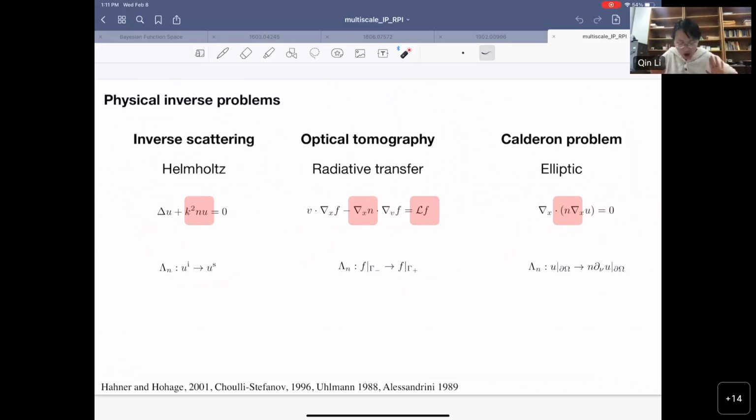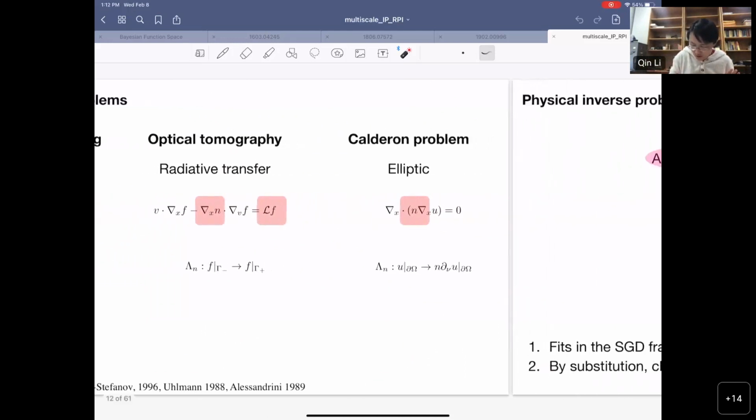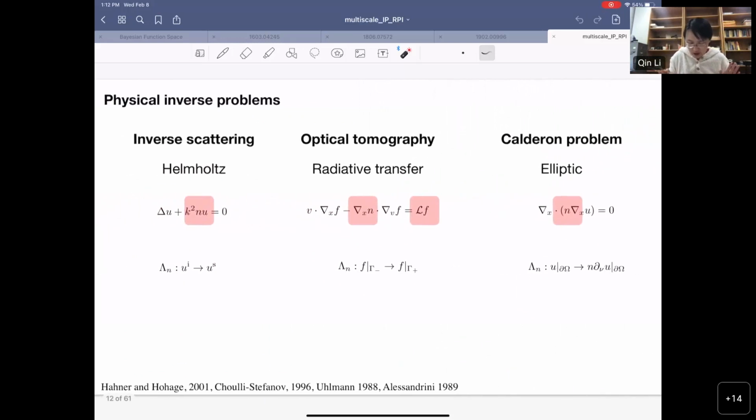Okay, so all these 3 problems are heavily studied, and there are a lot of results on the well-posedness of the 3 problems. They look very different on paper. What I'm going to claim right now is a pretty big claim, but we're going to get there. I'm going to claim that these 3 problems are the same problem, merely presented at different scales.